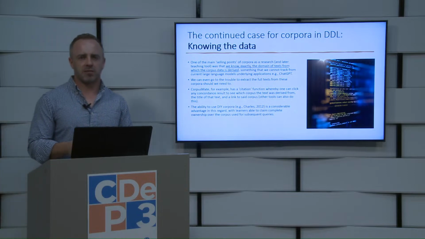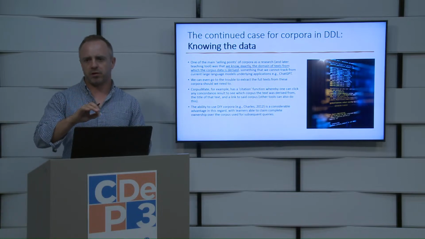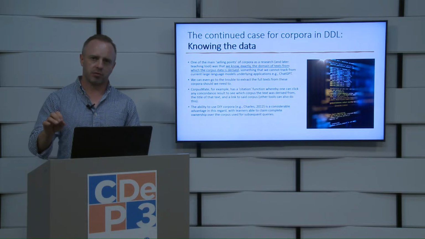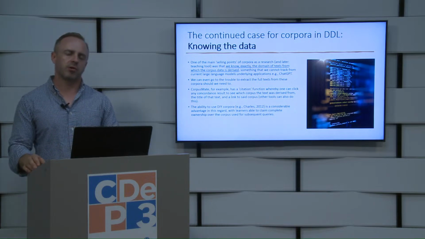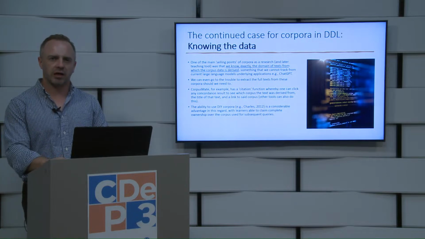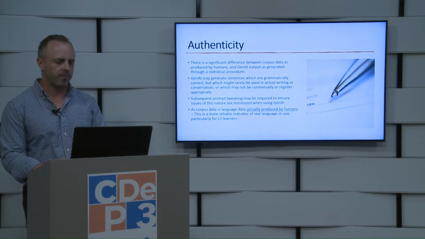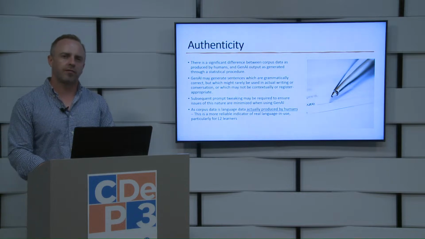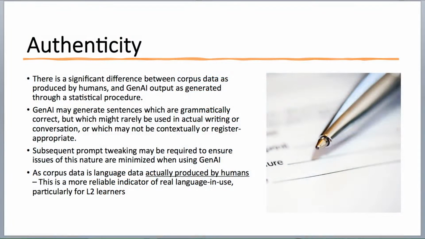Unlike ChatGPT, for example, where if you give it a prompt and say, you are a professor of electrical engineering, please give me some useful language about that. Yes, it might give you something that looks like that, but can you be really sure that that is exactly what it is? And I think the answer at the moment is still no. Not only that, but at a fundamental level, corpus data is essentially language that has been used by a real person at some point in time. The output by generative AI, however, is merely the result of a very advanced statistical model, and it's a predictive language process.